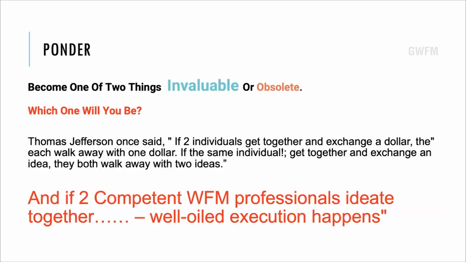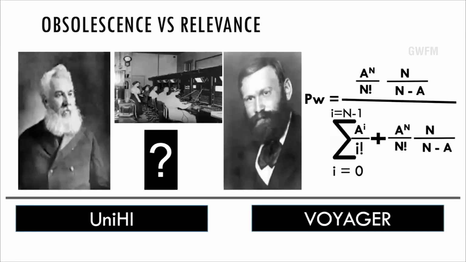Okay, so we'll go back to the previous slide. What are we seeing here? There are a few terms that are incorporated. On the left-hand side, my left-hand side, the person with the white beard is Alexander Graham Bell. The person with the black beard is Professor Erlang, or Dr. Erlang. And on the right-hand side is the famous Poisson equation,